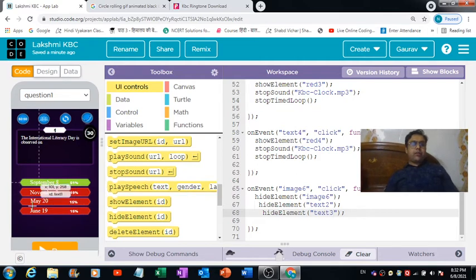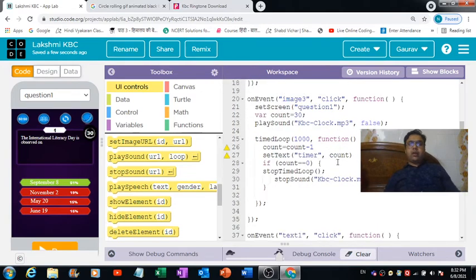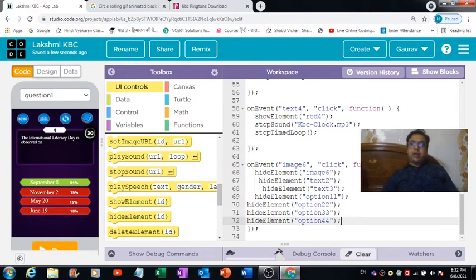And besides that, if the user, before choosing this 50-50 lifeline, has opted for this public poll, this will be visible to him. Now I don't want the public poll result to be visible to the user when he's selecting this lifeline. So how can we make it disappear? We can just copy this entire code from here and place it inside this uneven block, right? So that's how you can give it a realistic feel. Fine, so we are done with defining the code for this 50-50 lifeline.